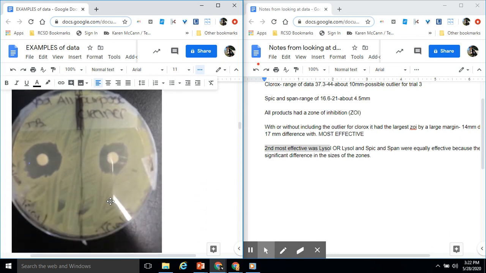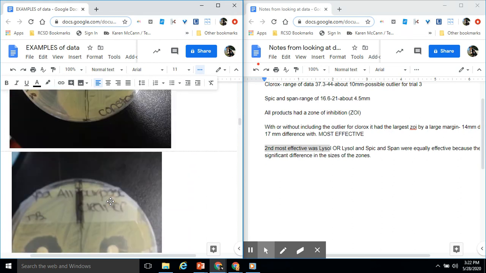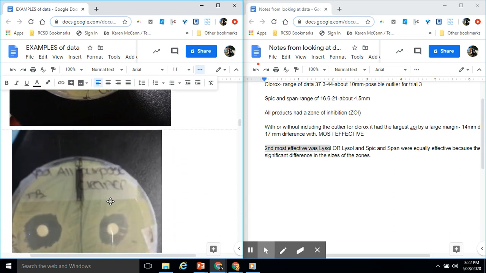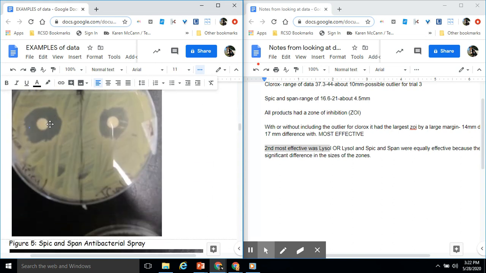So here are the other two trials of the Lysol all-purpose cleaner. Now, if you look at these pictures, even though the camera might be a little higher on one and a little lower on another, you can still see that this might look like it's the same size as this one, but this one here is definitely a little smaller, right? Also, her edges are a little inconsistent. So depending on where she measured her edges, like if she measured her edge here,